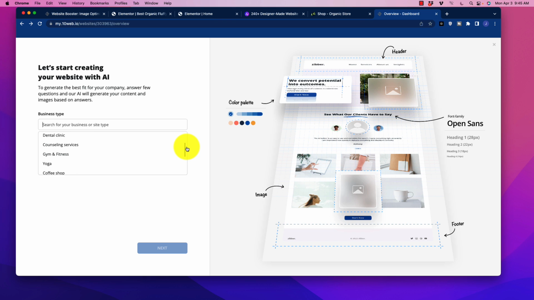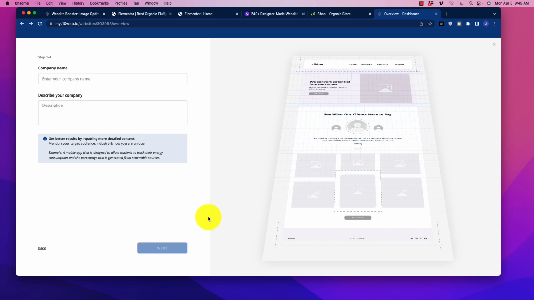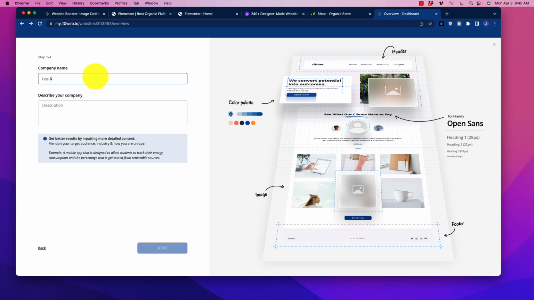So let's see what we got here. We got gym and fitness, yoga, coffee shop. There's a lot of good options here. Let's go landscaping. Okay, so I'm going to choose that. That's going to be pretty close to tree removal service. So I'm going to click next, and it's going to ask me what the company name is in here. We're going to just do Los Angeles Tree Removal